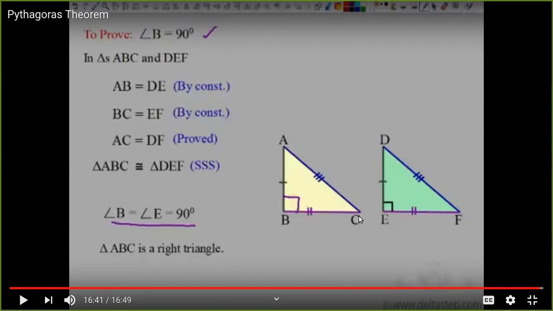Any doubt so far? It's a very simple one. So tomorrow onwards, you should be able to recall both the theorems, whether it is Pythagoras or its converse. Pythagoras has come not last year, this year only. Still, the result is not out, no? So this year, the Pythagoras was asked in one of the sets. Either the Pythagoras or the converse is already fixed for all the board exams. So please learn them meaningfully.